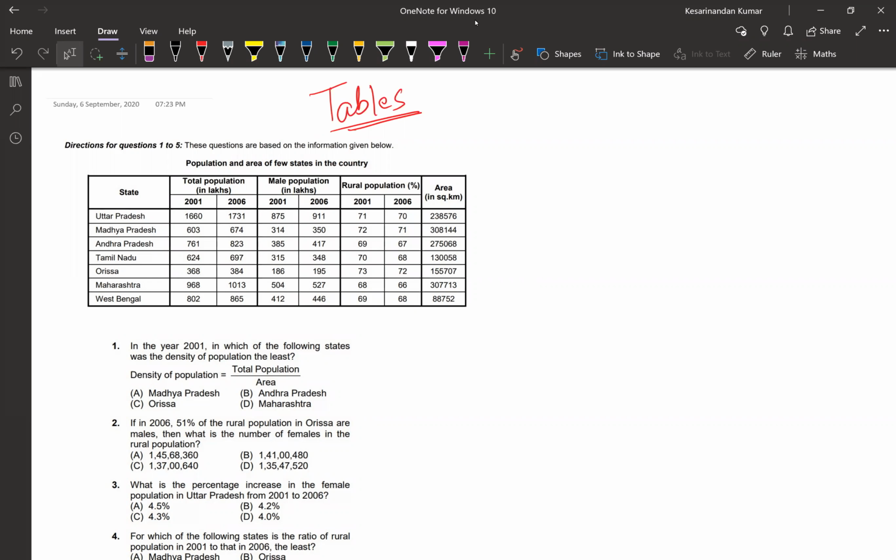What is the process? 1 by 11? 9.09. Okay. What is 1 by 7? 14.28. Yeah. You will have to be on super, it has to be on your mind. What that will give you is the option of how to eliminate options. And not only that, in tables or similar, we have two more things.